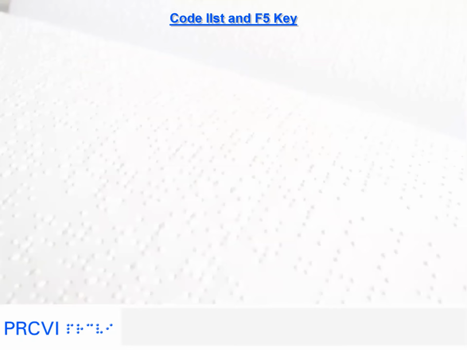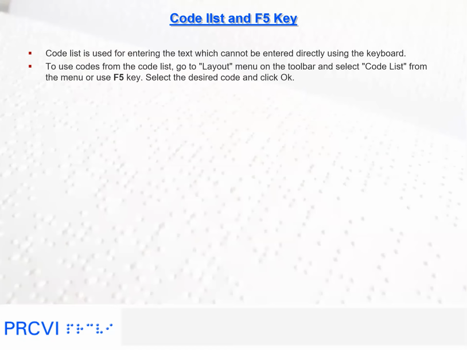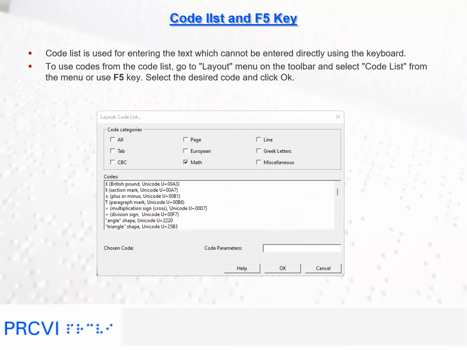Code list is used for entering text which cannot be entered directly using the keyboard. To use codes from the code list, go to the Layout menu on the toolbar and select Code List from the menu, or use the F5 key on the keyboard. Select the desired code and click OK.